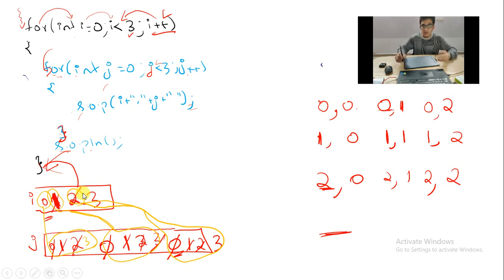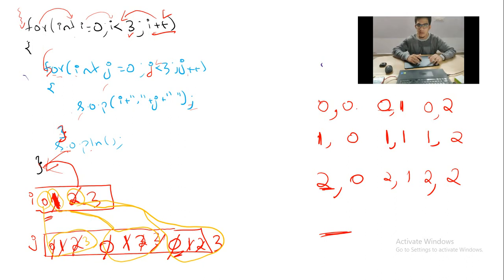What you have to understand is, for one i value there will be many j values. This is the working of the inner loop and outer loop. Whenever you write an outer loop, and inside that there is one more inner loop, it means that this outer loop will execute for a fewer number of times, but the inner loop will execute for the maximum number of times. So this is what you have to understand.